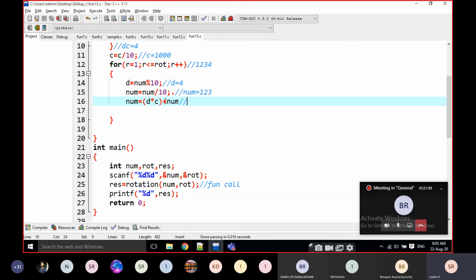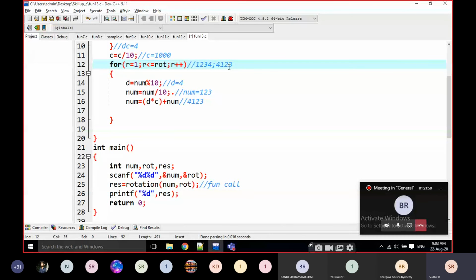Can anyone guess what the new number value is now? I am modifying only the number. The number value is now 4123.